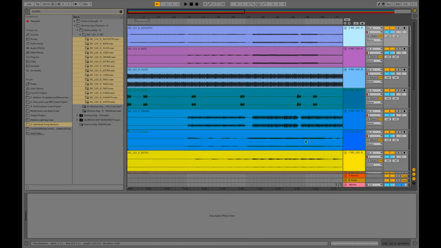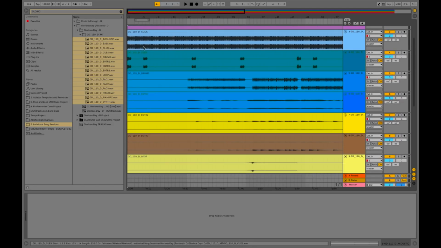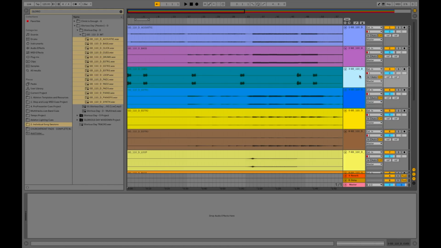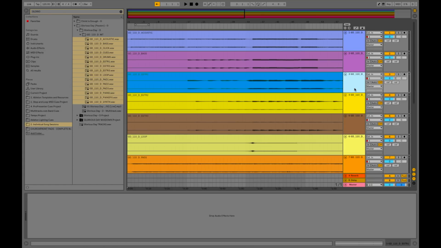And then I'm going to eliminate tracks that I definitely know I don't need. So I can see here, I'm looking at the names of the tracks. I'm going to eliminate the drums. I don't need a click. I don't want the cues in here either. I can pull up the cues track later when I actually build out the session, but this is just for